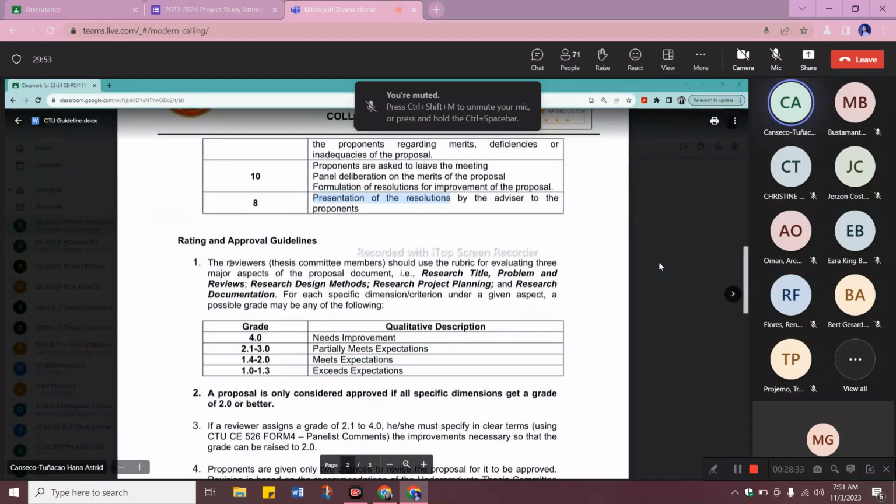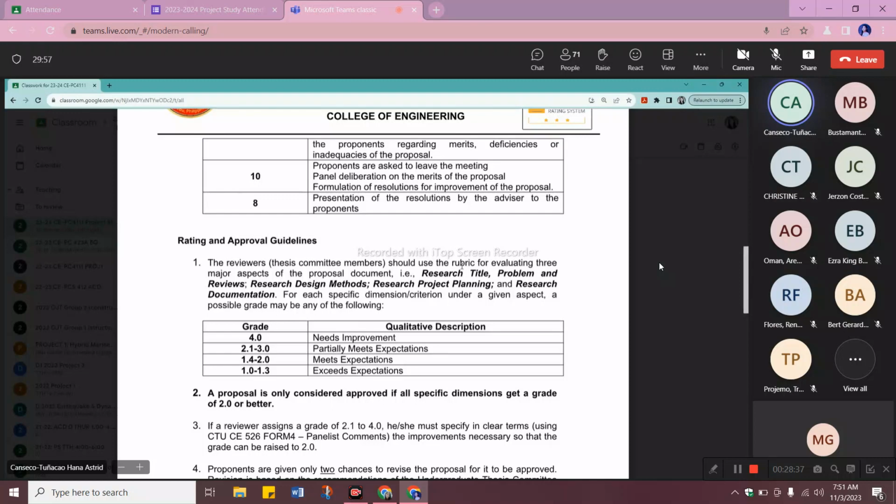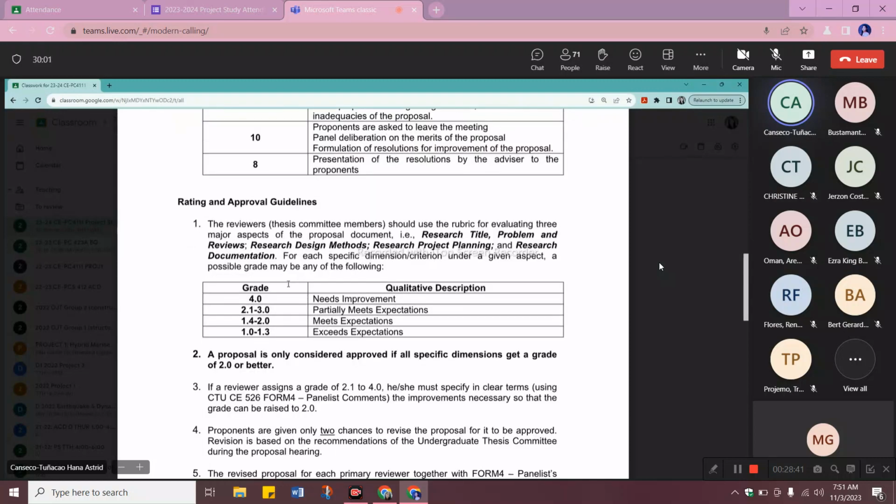Rating and approval guidelines. The reviewers, that is the thesis committee members, will be using a rubric for evaluation for three major aspects: research title, problem and reviews, research design and methods, research project planning, and research documentation. The rubric is presented in one of the forms, and that is